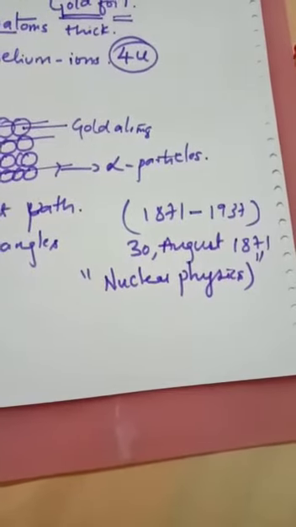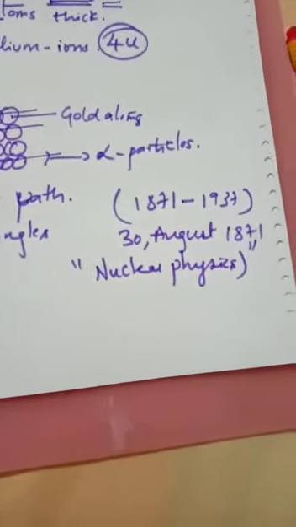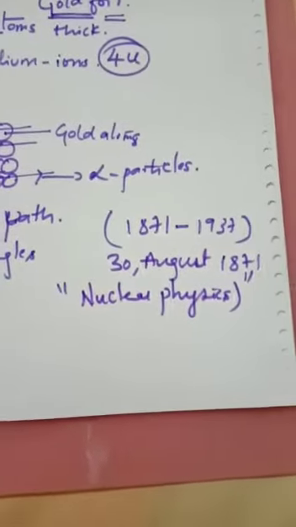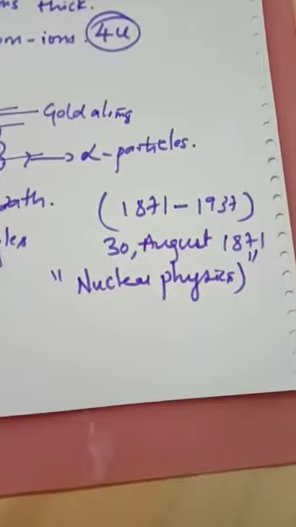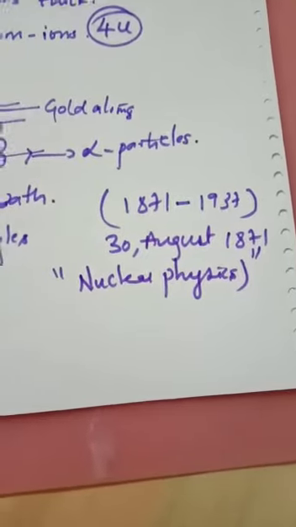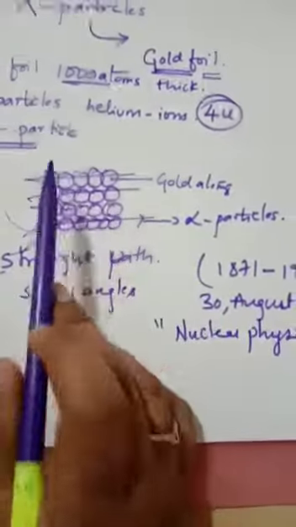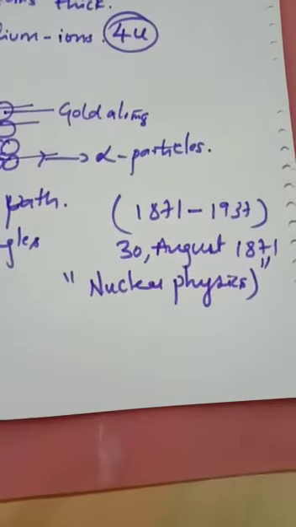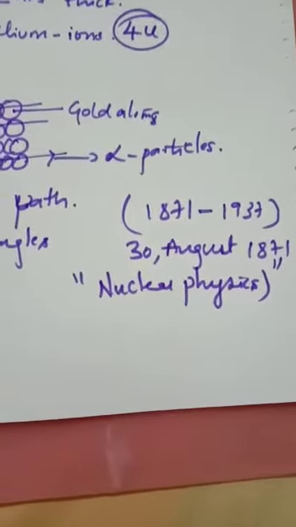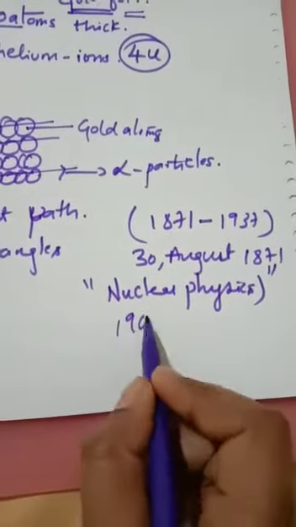He is famous for his work on radioactivity. He also conducted a few experiments on radioactivity, and the discovery of the nucleus of an atom with the gold foil experiment. So this is the gold foil experiment. Okay, and he conducted this gold foil experiment. He got the Nobel Prize in chemistry in the year 1908.